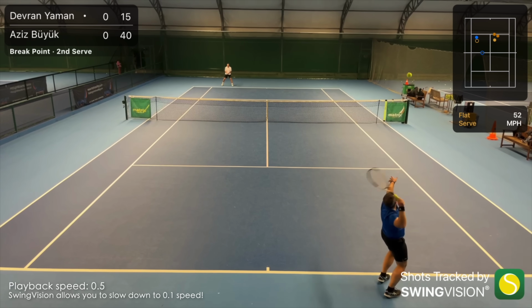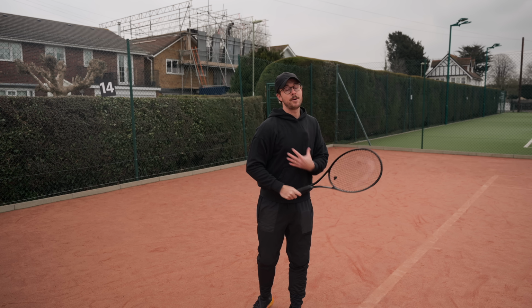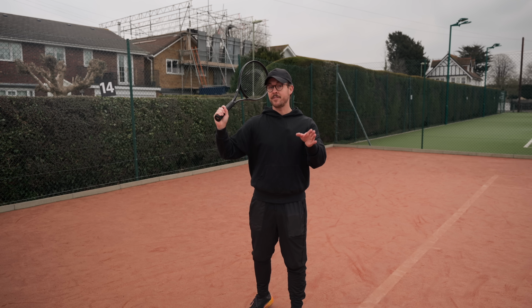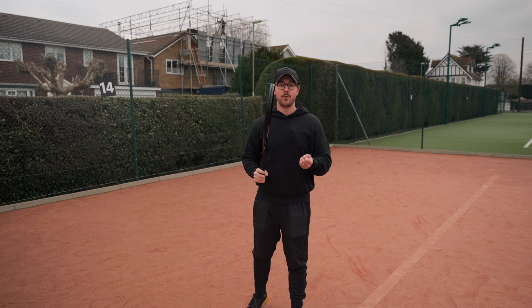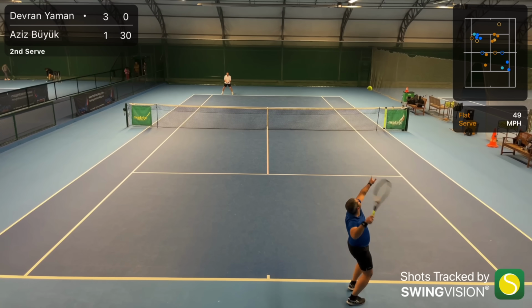You'll also notice that Devran's chest is facing down the court as he contacts the ball, creating more of a pushing motion, as opposed to what we really want, which is that chest still being kind of sideways on, about 45 degrees, meaning that we're still in that rotation phase as we strike the ball. And so my advice for Devran on this serve, and you watching if you've got similar issues,